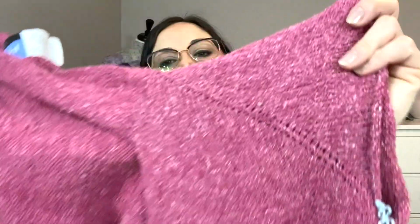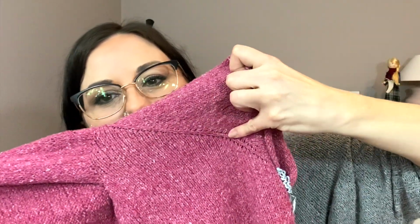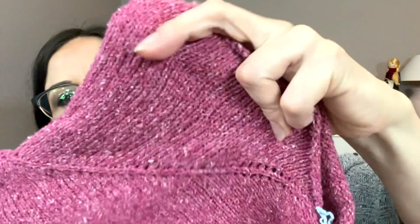And these are the raglan increases down. It's a very subtle line, which I really like. And it kind of has almost like little holes, but they're just a little added detail, which I think is really pretty. And not everybody